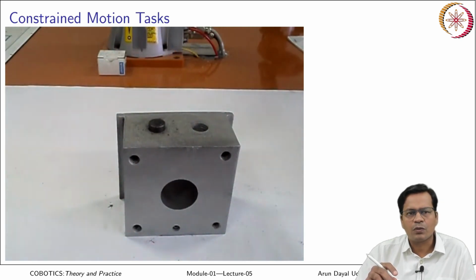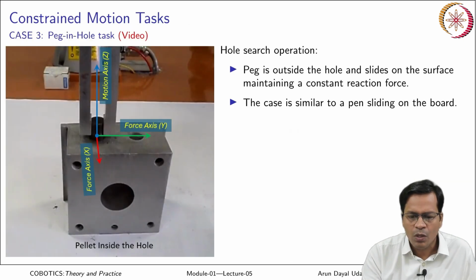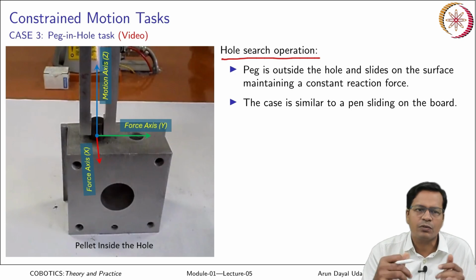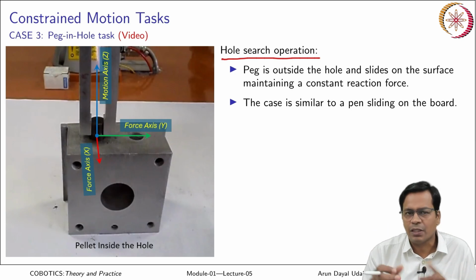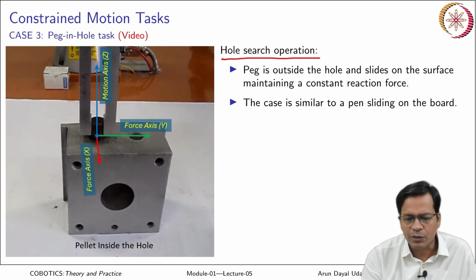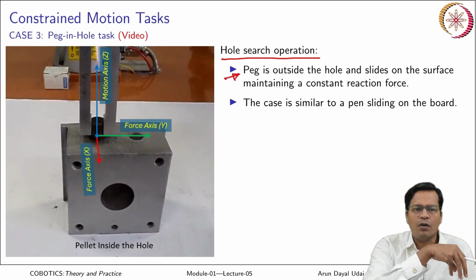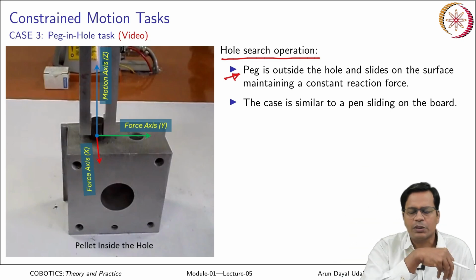Okay. So, this is a KUKA iiwa robot, which is a cobot. So, in this case, there are two operations. First is the hole search operation, next one is the insertion task. The constraints are different in both the cases. So, when the peg is outside the hole, when it is very much off the hole, then you can move it in position mode.